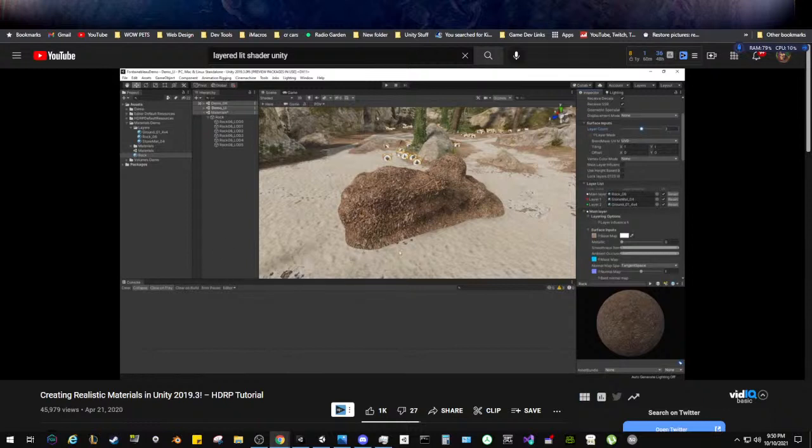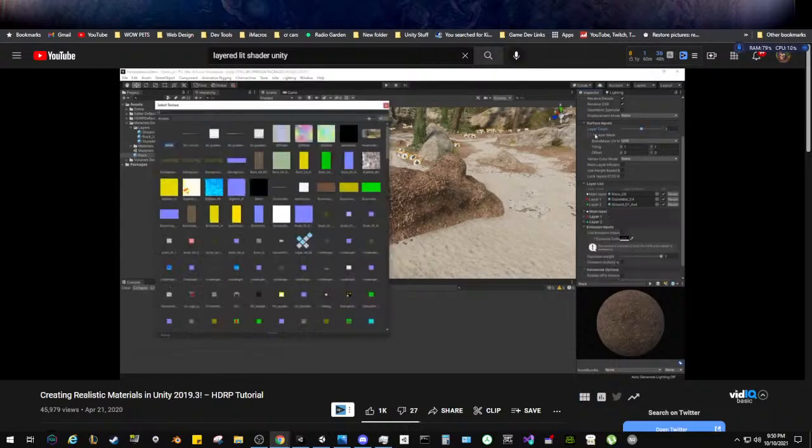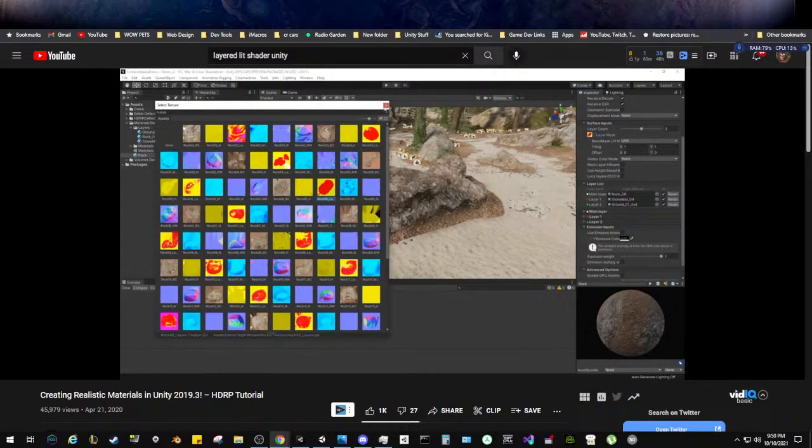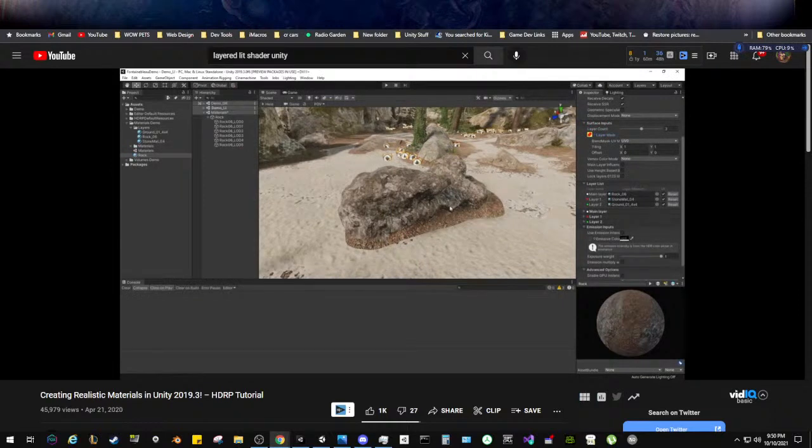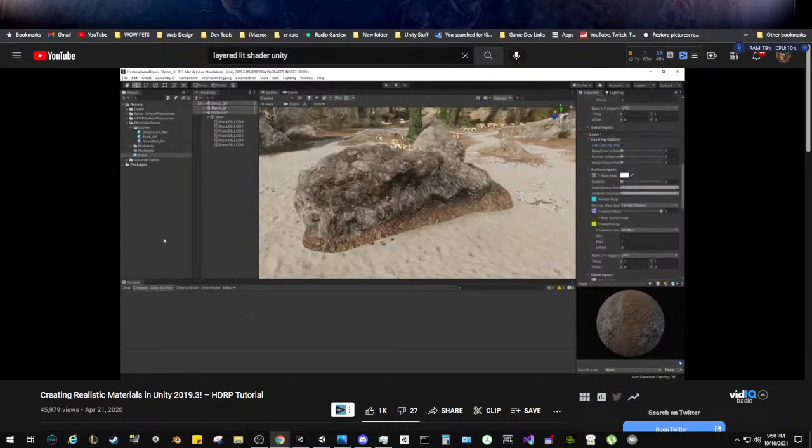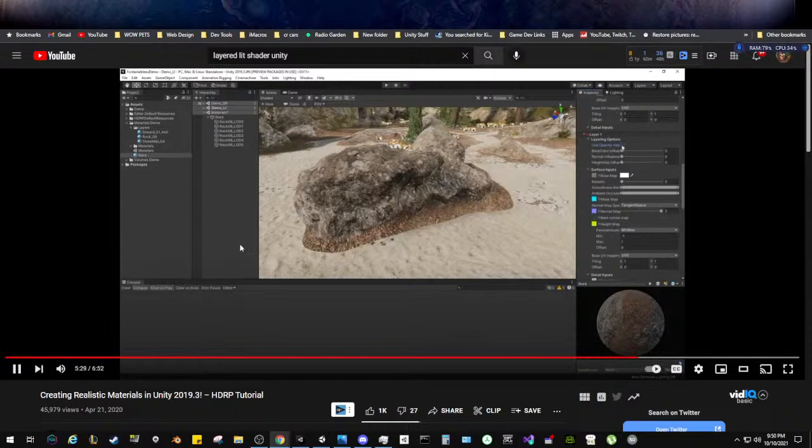Because the ground material is set as our topmost layer, it's currently textured over the entire rock. Instead, I'd like it to only appear on the bottom part of our mesh. So let's assign a layer mask to the material and designate how our layers should be rendered on our object. In the inspector, we can view all of the surface input options